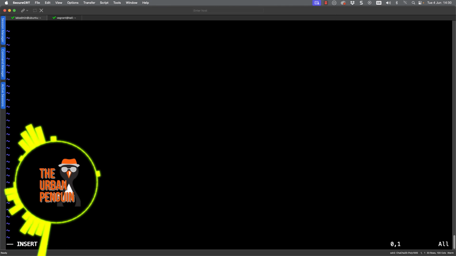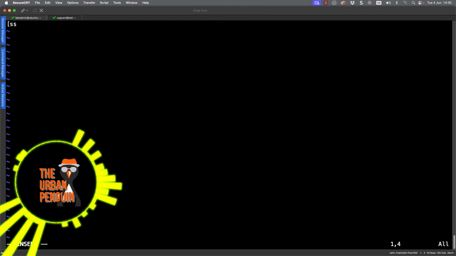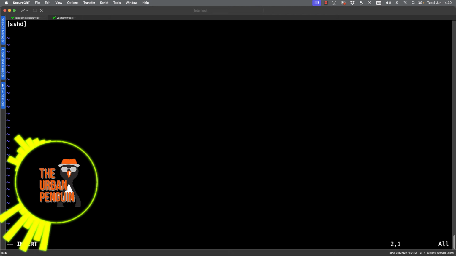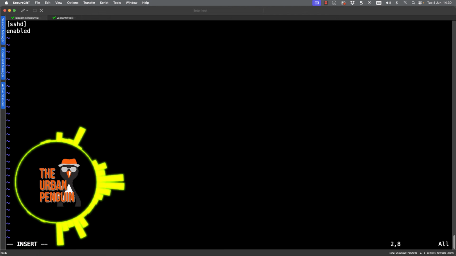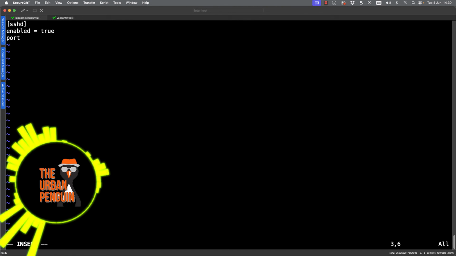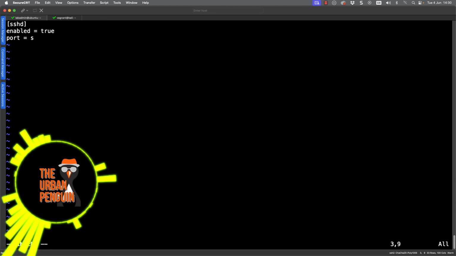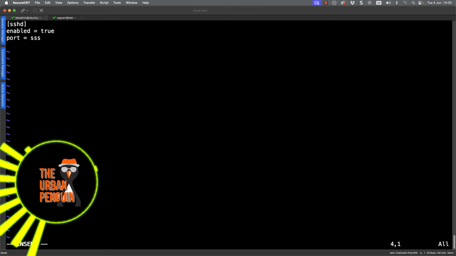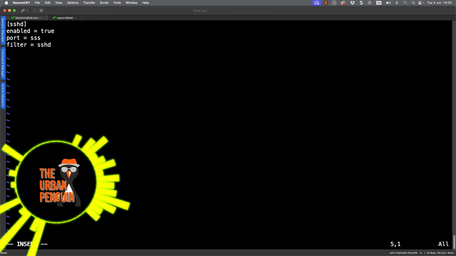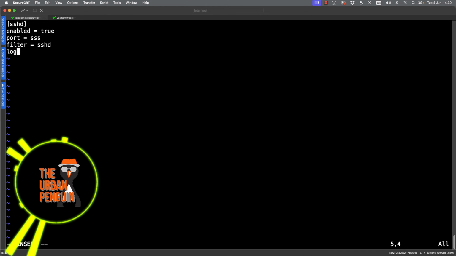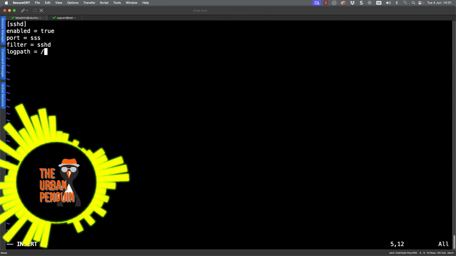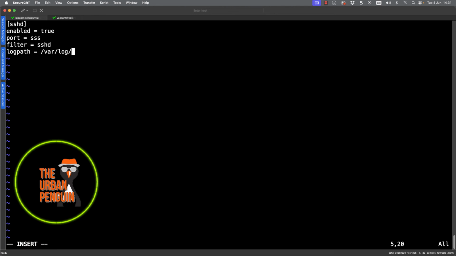With that done and dusted, we can then start defining our jail name. So that's in the square brackets. We can make sure that this is enabled, so enabled equals true. And we can specify which port we want to look for. So we can be looking for port ssh, so our port 22, we can put a port number or a port name. We're looking in our log for activity to do with the SSH daemon. And the log path, the log file that we're going to look in, is going to be /var/log/auth.log.